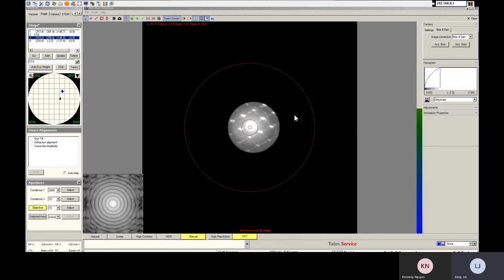Okay, this looks very good focusing. And then you can